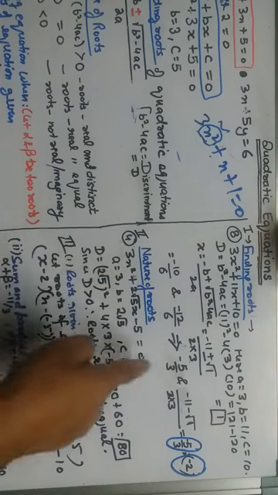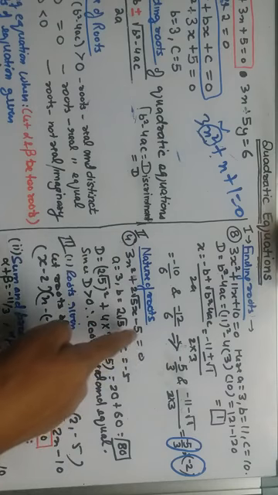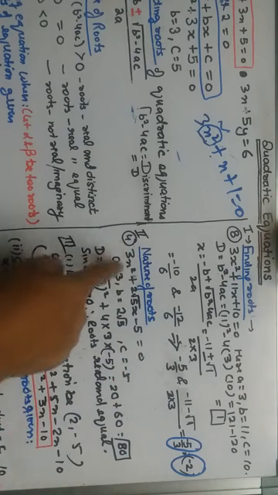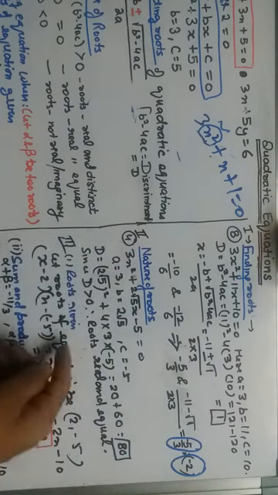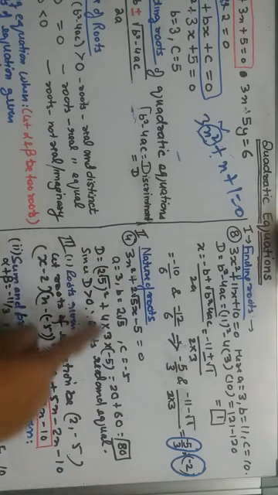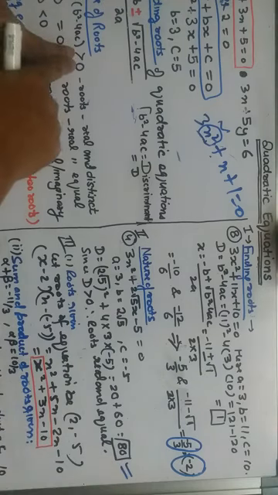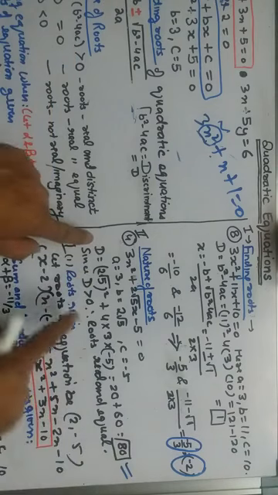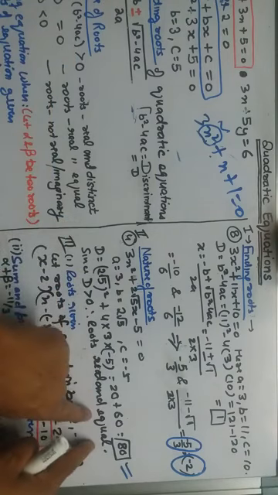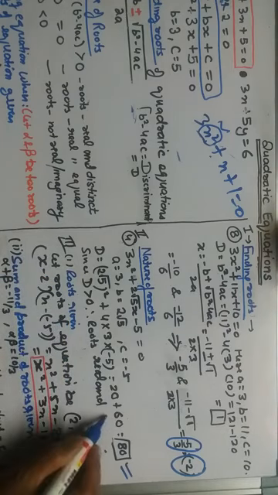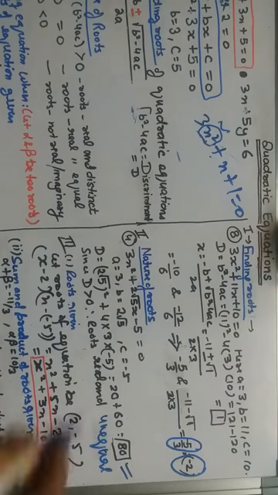So to find whether the roots of this equation are real, imaginary or whatever, without taking out the roots, take out a, b and c as in the upper procedure. Take out the discriminant. Discriminant is coming equal to 80. 80 is greater than 0. So when D is greater than 0, the roots are real and unequal, or real and distinct. Clear?